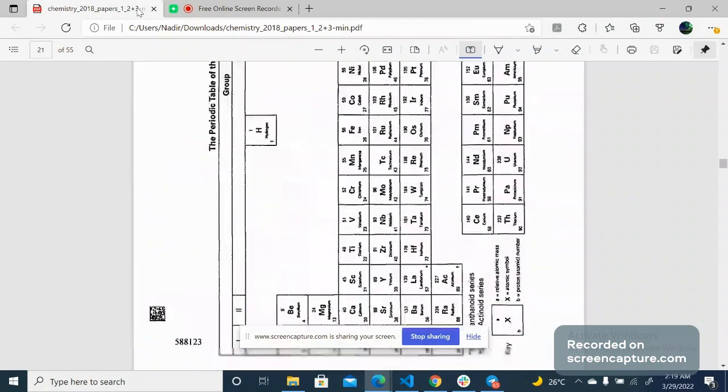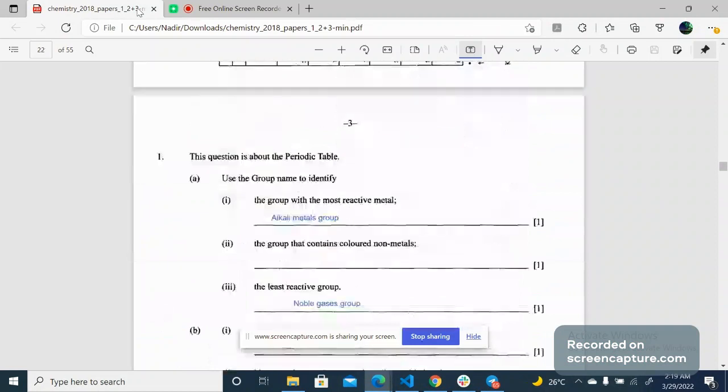Moving on without any further ado towards the questions, the first question is to identify the group in the periodic table which has the most reactive metal elements, and they turn out to be metals. The group on the extreme left in the periodic table has elements that are metals, and they are the most reactive metals of all in the periodic table, called alkali metals. So the group name turns out to be the alkali metals group, which is the most reactive group of metals in the periodic table.